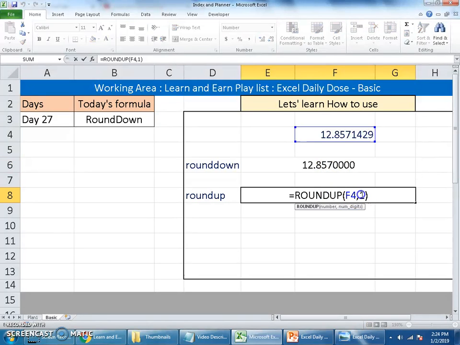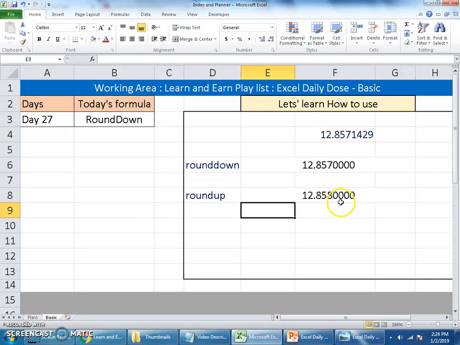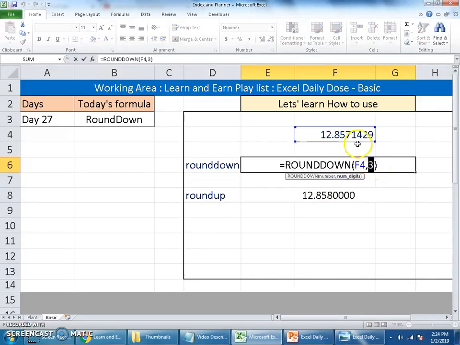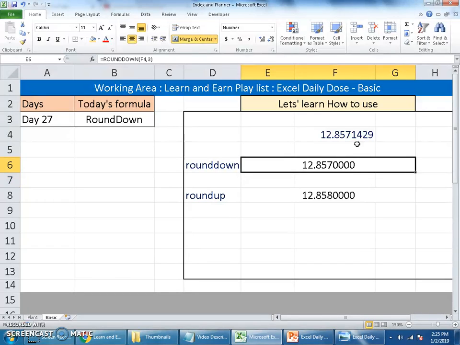If I do the same here, it moves up to the next number, that is 7, round up to 8, 7.14. Just forget the remaining numbers, they fall back, round down to the previous number, which is this third character, the 7. Round down, round and round up, all three are basic functions which deal with the number of decimals that we need, the way we want to show it, whether you want to increase it